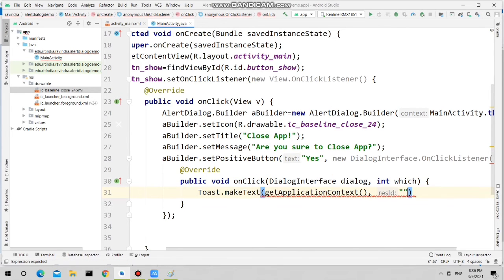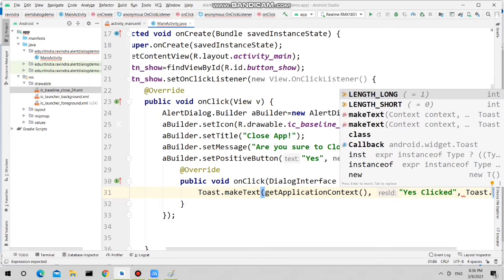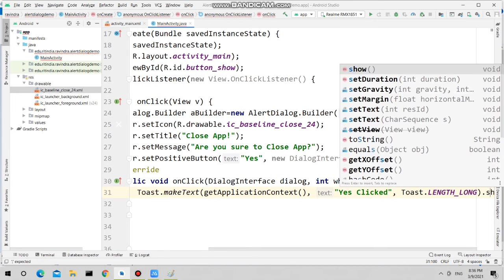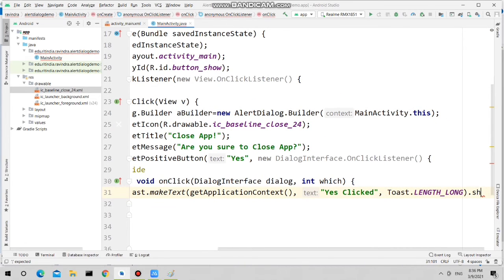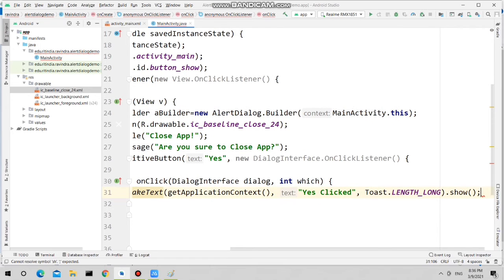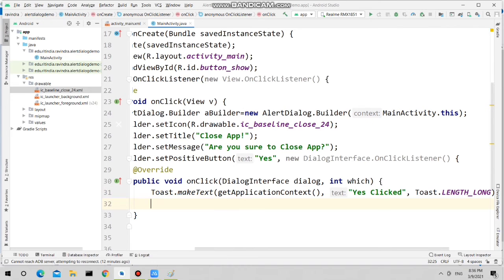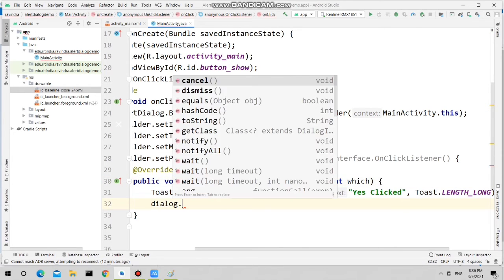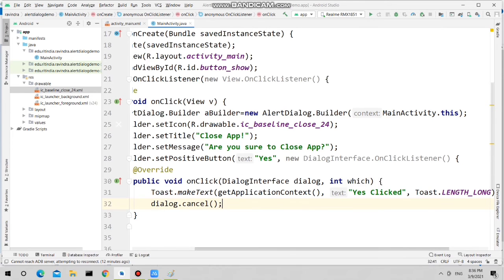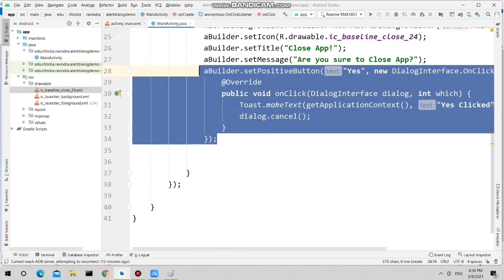I am simply mentioning the text, then duration, dot show. And after displaying the toast I am simply cancelling that dialog. So just dialog dot cancel method is there. So this is for the positive button.